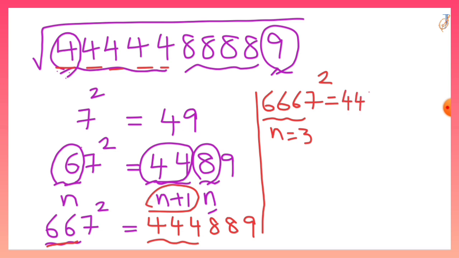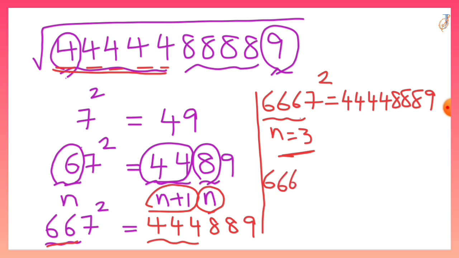1, 2, 3, 4. And then n 8s, that means 3 8s. Then 9. But in our question we have 5 4s. So here only 4. That means you have to take one more step. How many 6s are there? 3 6s are there. Now we have to take 4 6s. So here n is 4. So we are going to get 5 4s, 4 8s